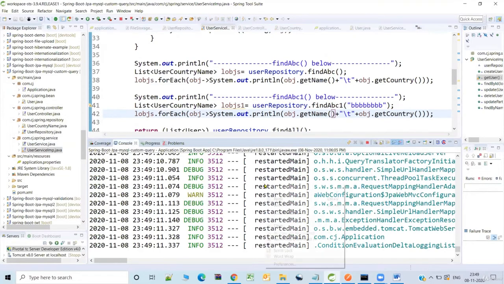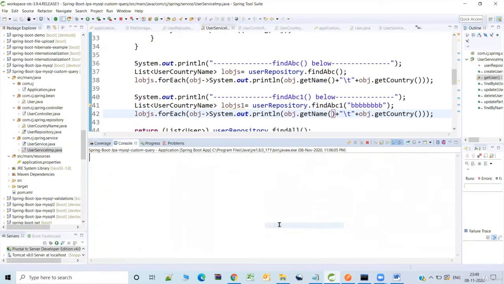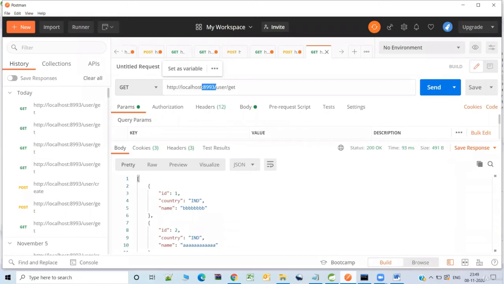Let me clean up the logs here so that it will be easy for me to check the output. Right, let me hit the rest endpoint. Ideally you can have a different rest endpoint for each one of them, but here we just need it only for checking how these custom repository methods work.